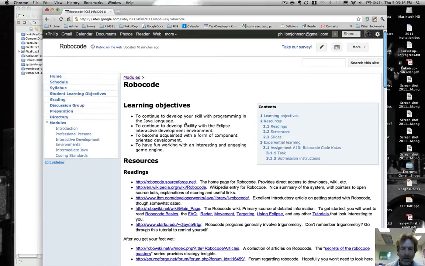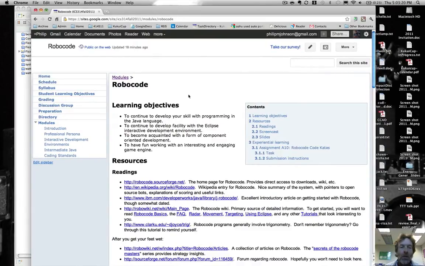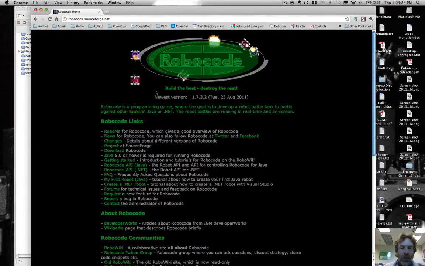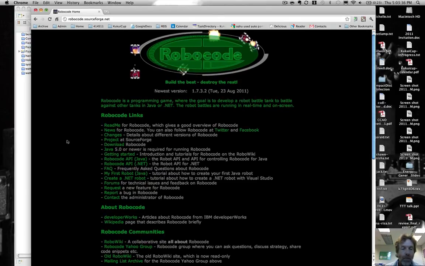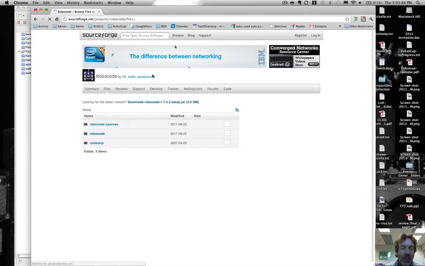Zoom in. Okay, so hopefully that's easier for you to see on your screen. So this is the Robocode module, and it has a bunch of readings, and I just want to go through these readings a little bit so you have a sense for where you're going to be going. This is the Robocode home page, and there's not so much you want to do with this page except click the download link, which is how you're going to get the actual Robocode system